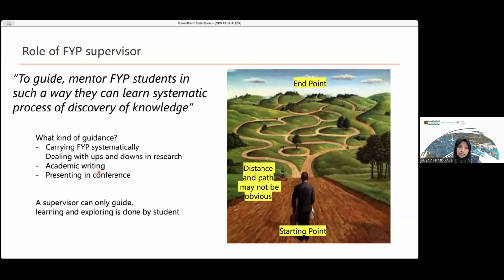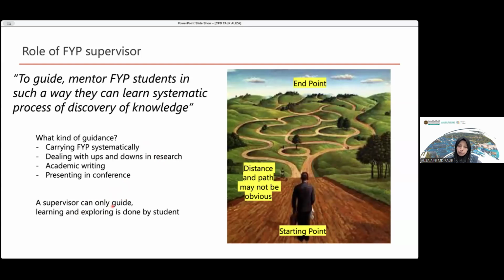Okay, and then presenting at conferences, and on top of that, dealing with ups and downs. Actually, not only in research, maybe they have family problems. We need to set boundaries, but maybe we also need to cater for that in the FYP journey. A supervisor can only guide and mentor, but the learning and exploring is actually done by the students.